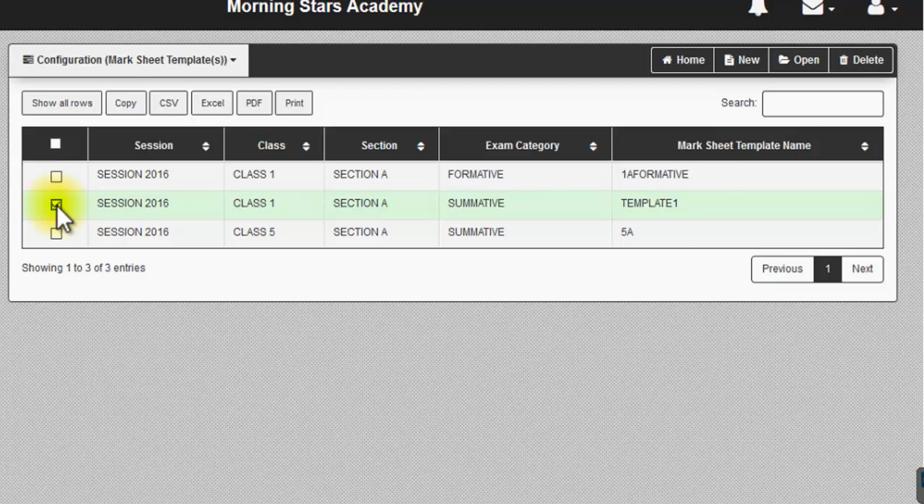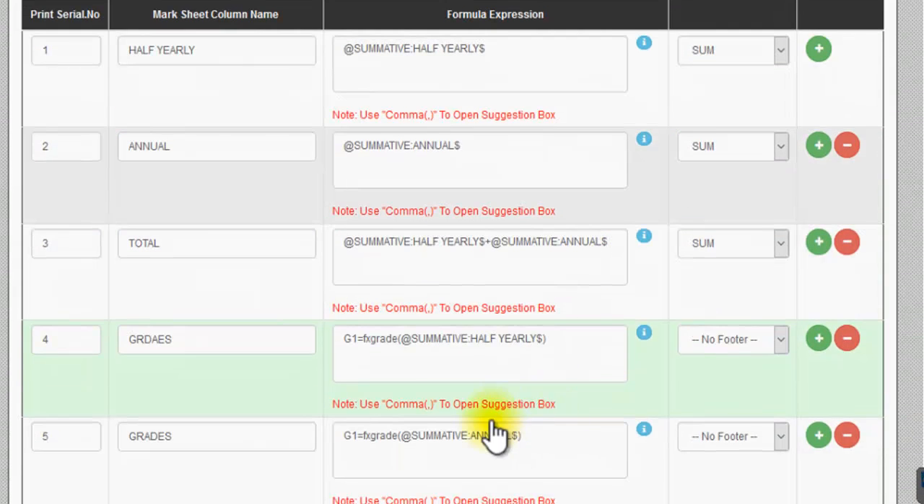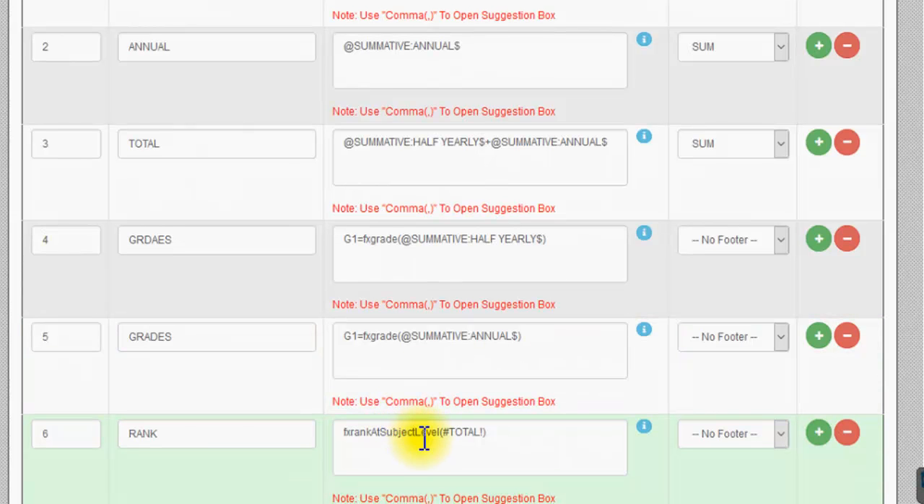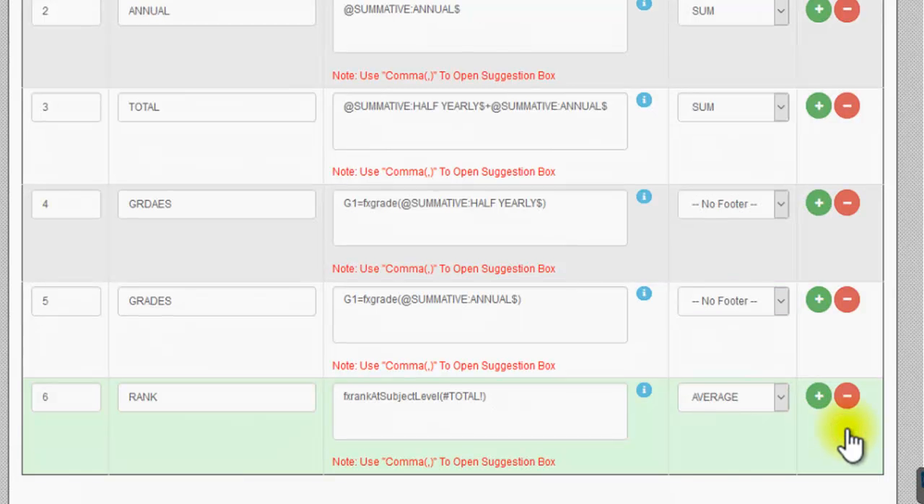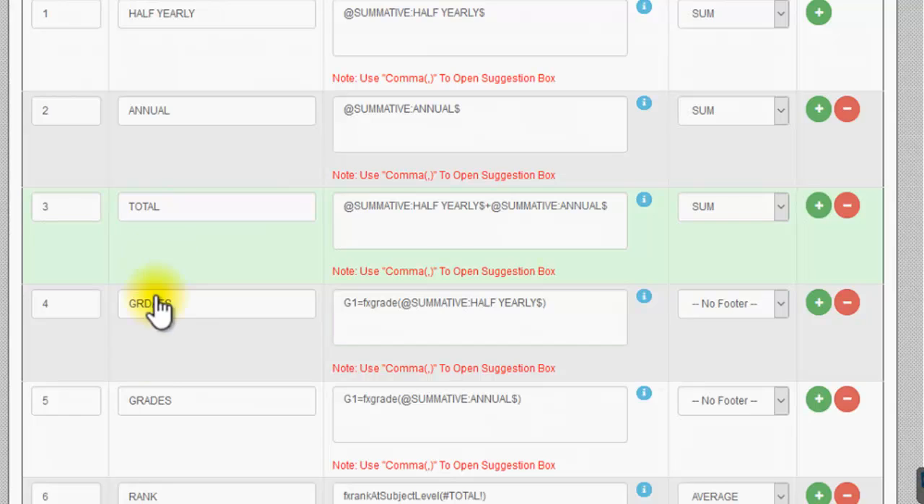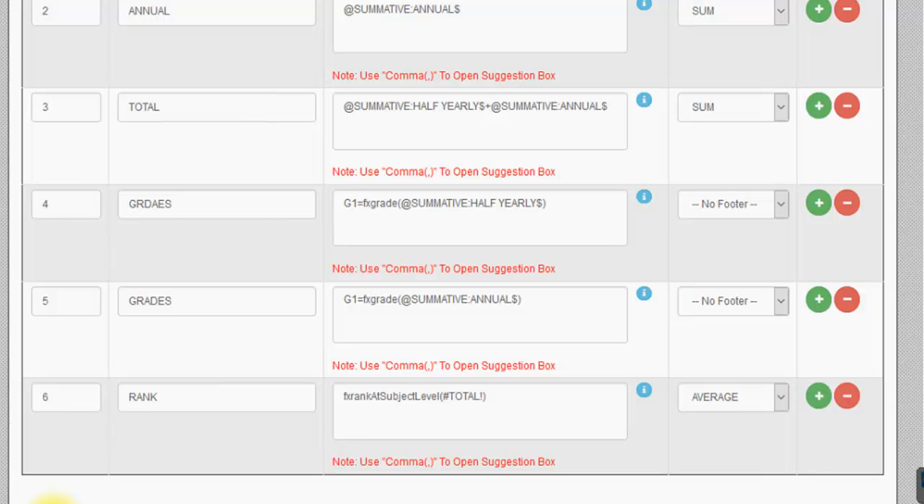Again, if you want to make any changes, check the box here, click on open, make the changes here whatever you want. Say if you want to add another column, you can add here, and if you want to delete the column, click on this symbol that would delete the column. So we will have 6 multiple columns in the mark sheet. Now click on submit,